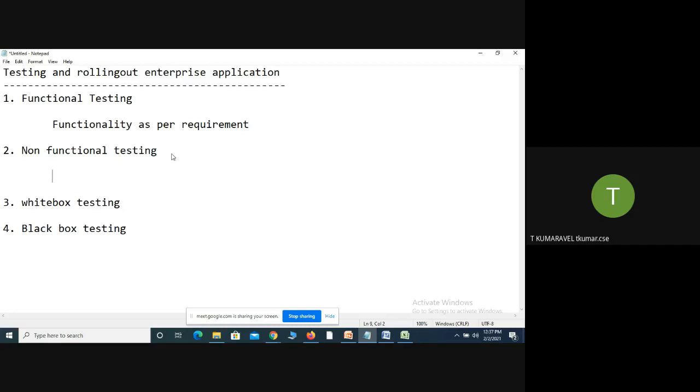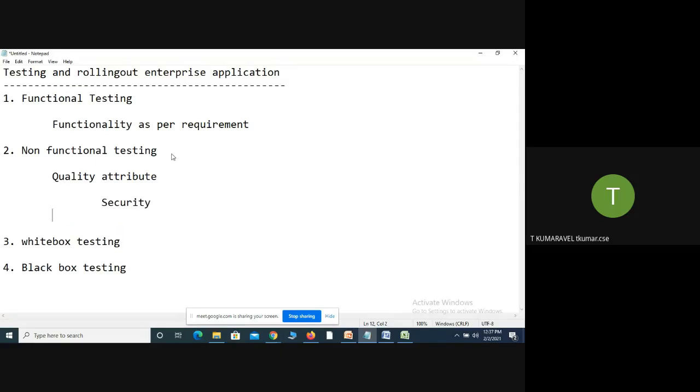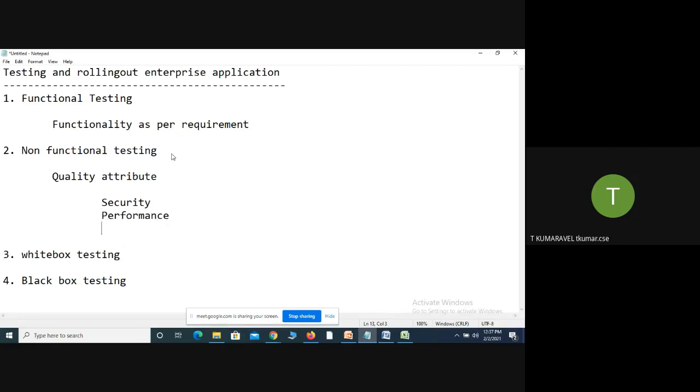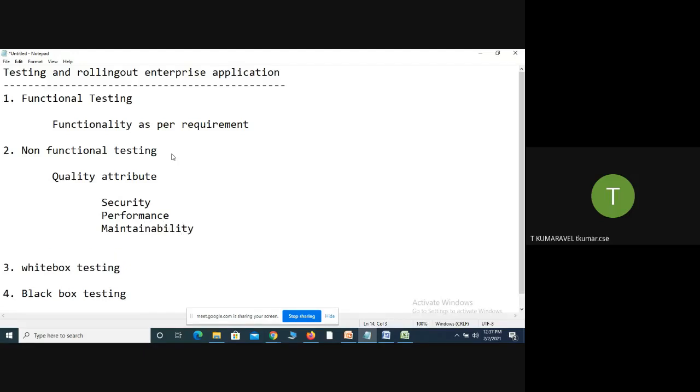The quality attributes are: first, security; then performance; third, maintainability; fourth, reliability.